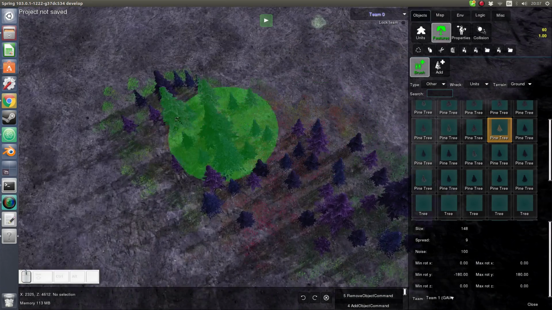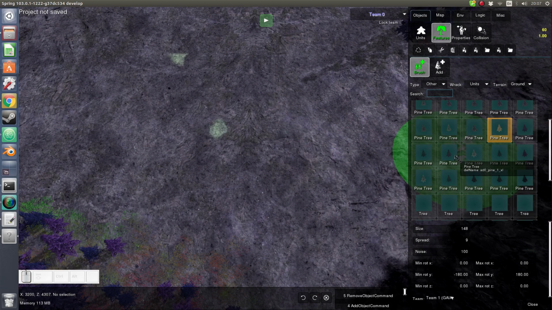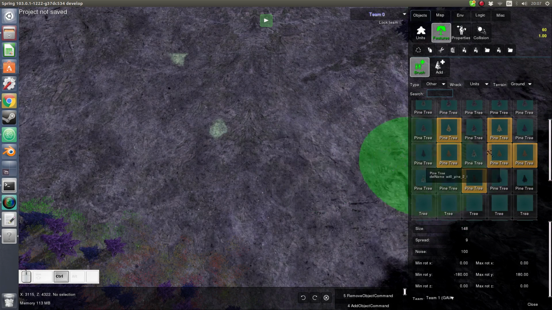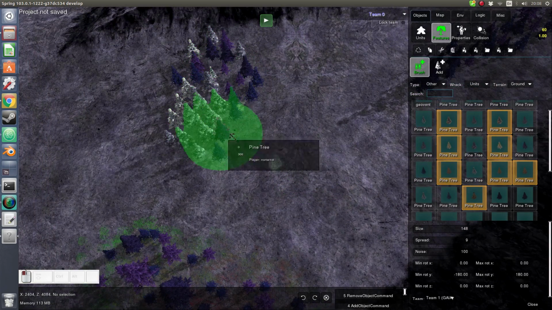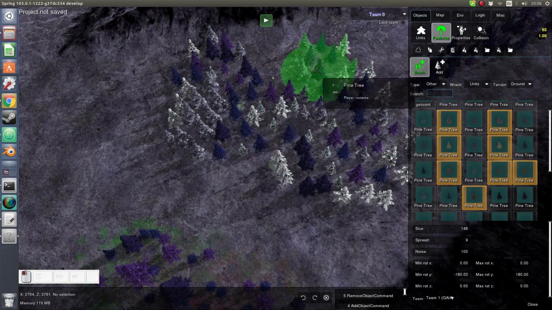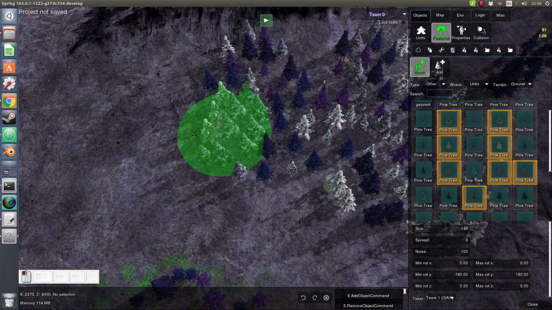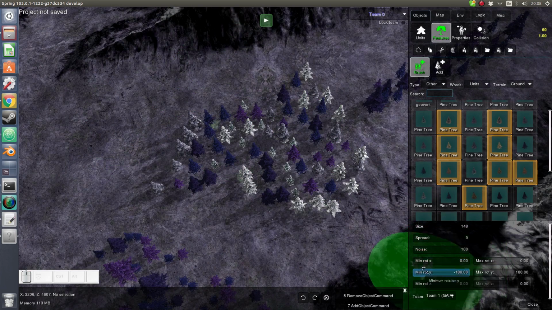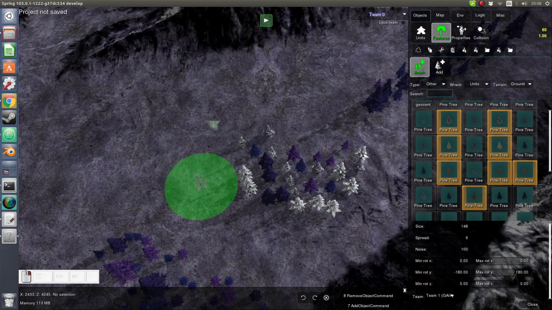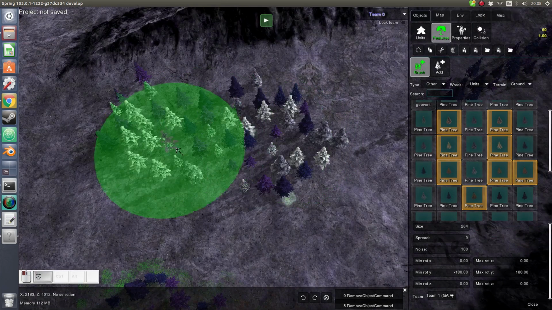and let's say that we want to have multiple different trees, like in this case, so there are maybe 4 different types of trees here. So we can select with Control or with Shift, as we like. We can select the tree types that we like the most, and then we can just do the same thing. It's going to randomly pick the trees that we have and place them around. We can also play with rotation if we want to have random rotation